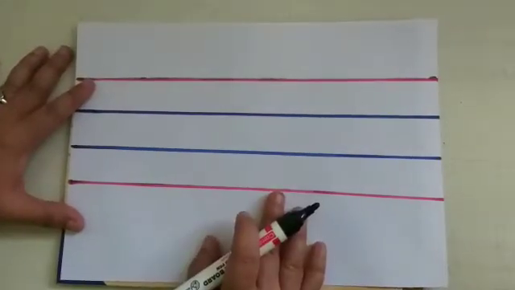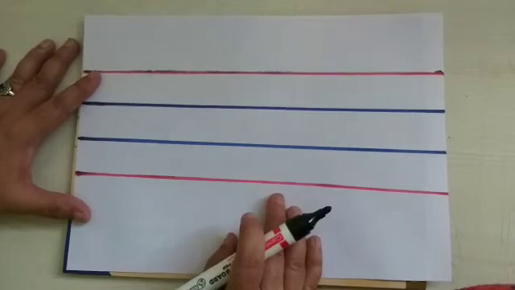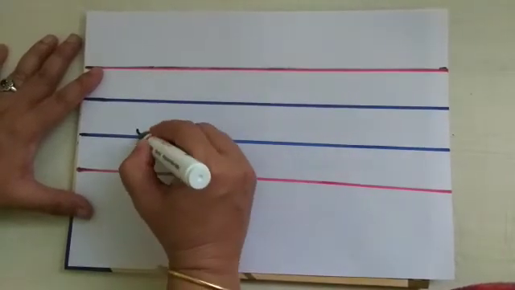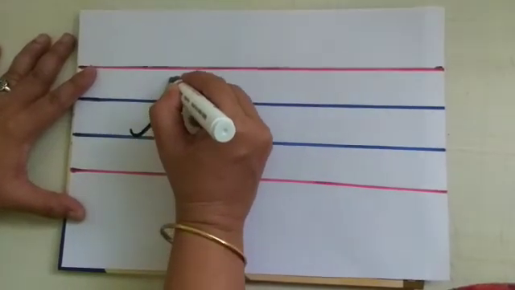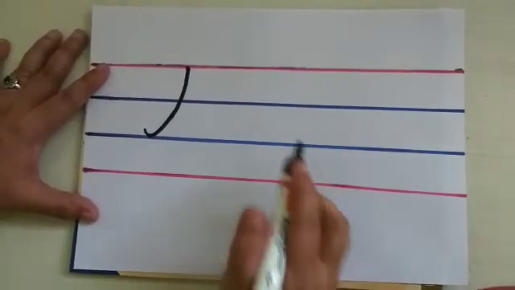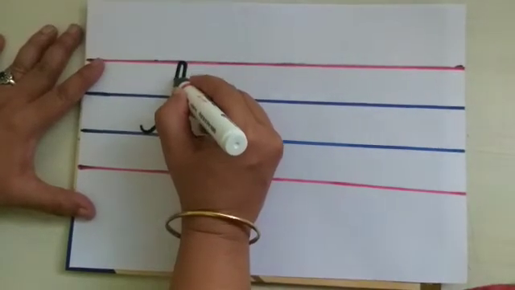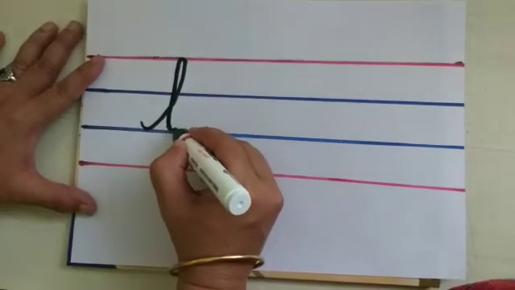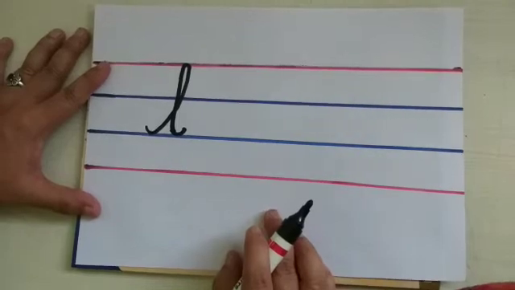K, after which letter comes, children? K after L. Shall we write? Make a small curve. Now one slanting line. Go up to the first red line, children. Now you have to turn back. Come down to the third blue line. And make a small curve like that. This is small cursive L.